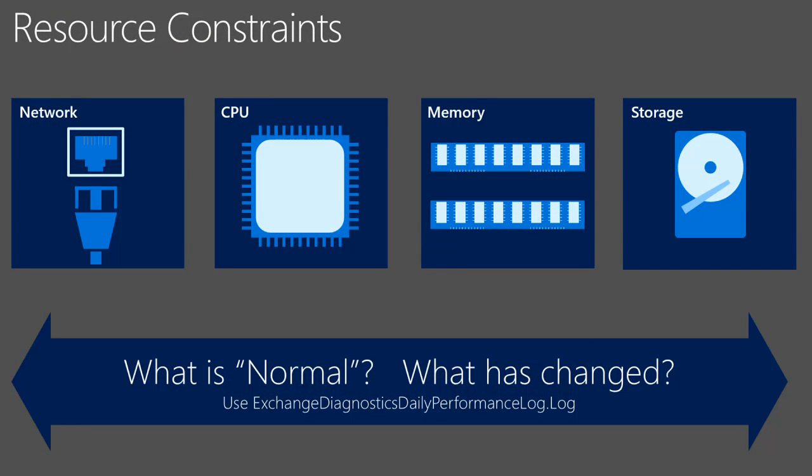Okay? So now that we have a solid base of understanding about the scenario, we have to actually troubleshoot this issue. What's going on? And whenever we're troubleshooting performance issues, we always look at the 4 key resources: network, CPU, memory, and storage. And we try to figure out which one's the bottleneck, where the problem lies. Now, unfortunately,